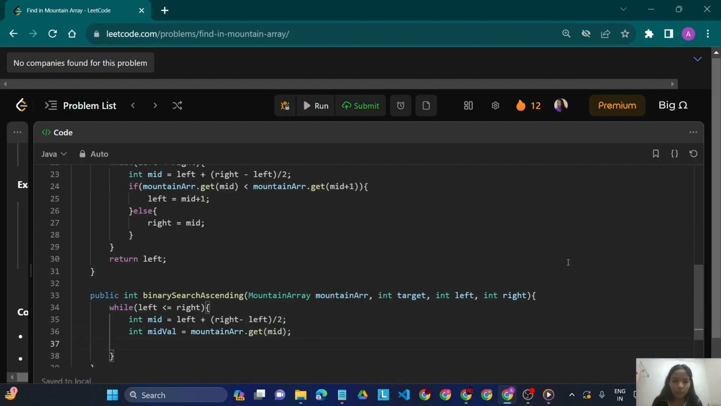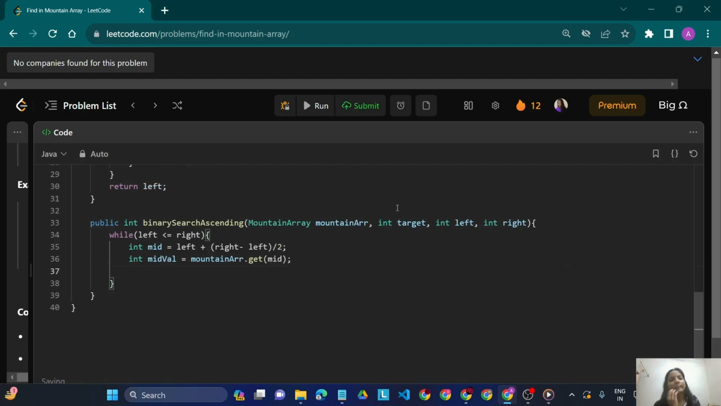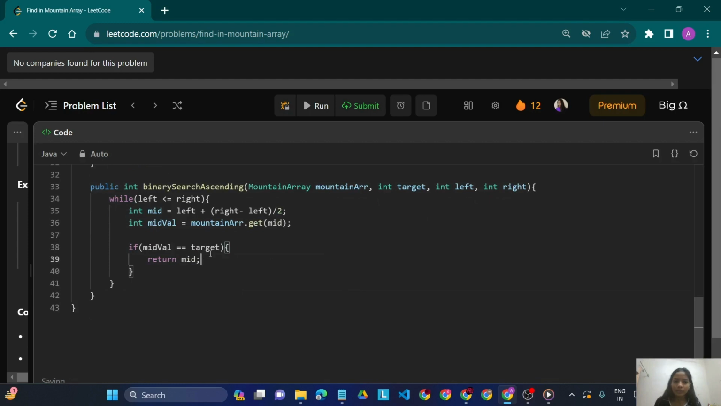Now what are we going to check in the left part of the array? We'll just check if the mid value is equal to target, we'll simply return mid. But if this is not the case, there can be two cases, right? When the middle value is greater than target, or the other case will be when the middle value is less than target. Since we are searching in the left part,